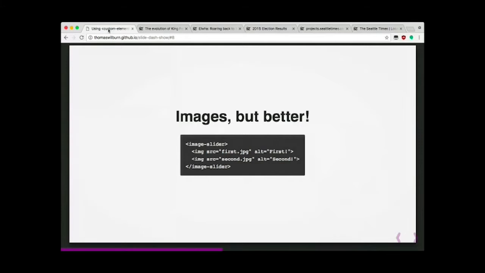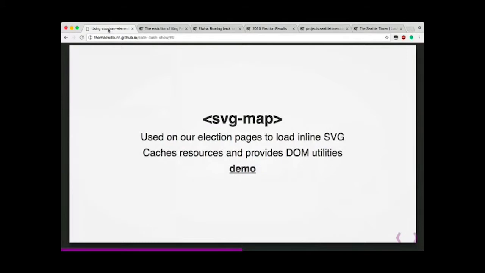All right, so let's take a look at a second element that we've used in production multiple times, and this is our SVG Map. So we have an interesting problem. We use a lot of SVG at the times. Scalable vector graphics are amazing for doing data visualization because they give you this way to draw curves and shapes, and you can move things around and rescale. We've done a lot of stuff with them, particularly in the last few months,